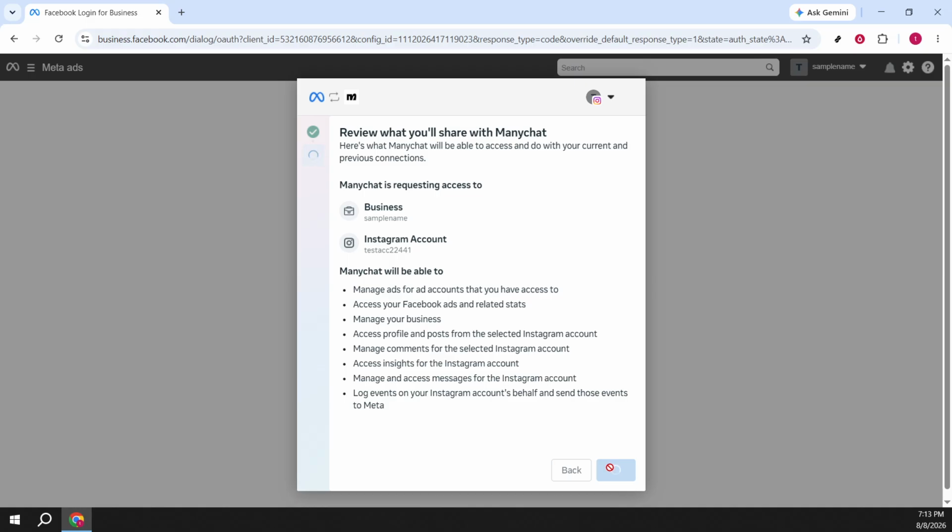A few quick tips if something looks off. If you don't see the right business or Instagram account in the Meta dialog, switch profiles in that window and try again. Make sure your Instagram is a professional account linked to the correct Facebook page in the same business. If permissions seem stuck, close the dialog, refresh your browser, and repeat the refresh flow while logged into the correct Meta profile. That's it. You've refreshed Instagram permissions in Manychat,